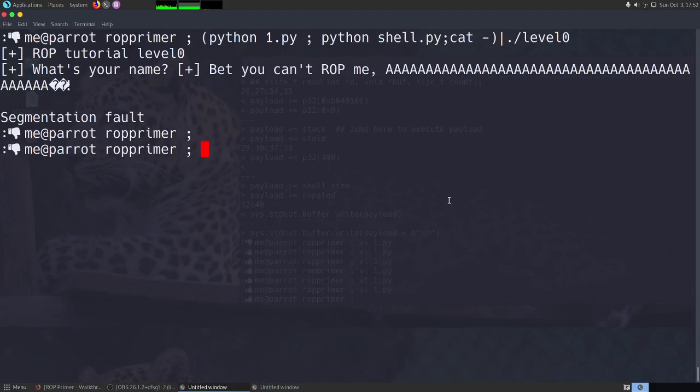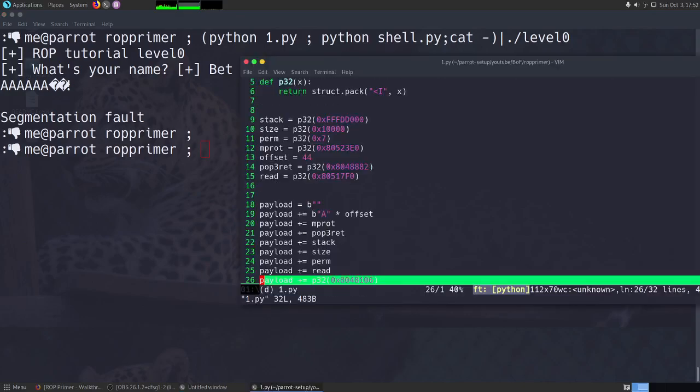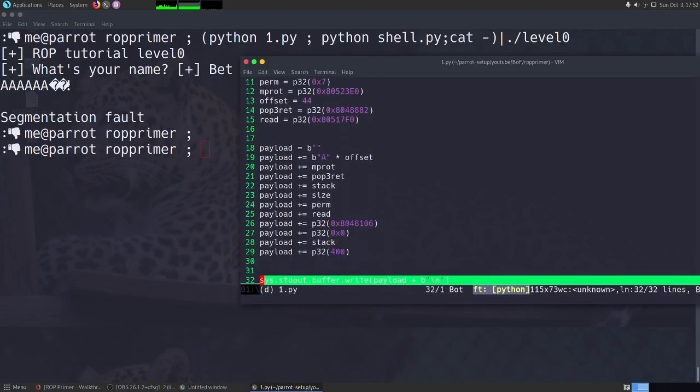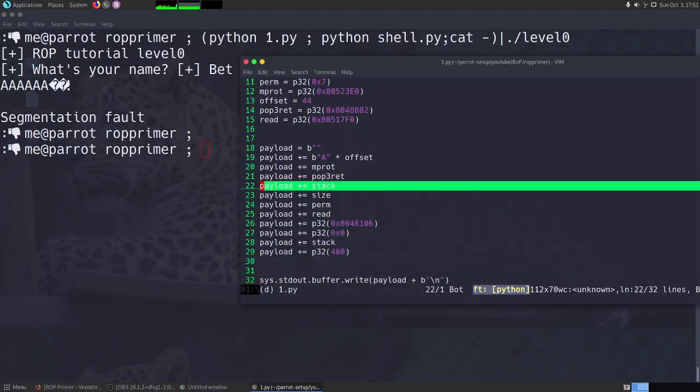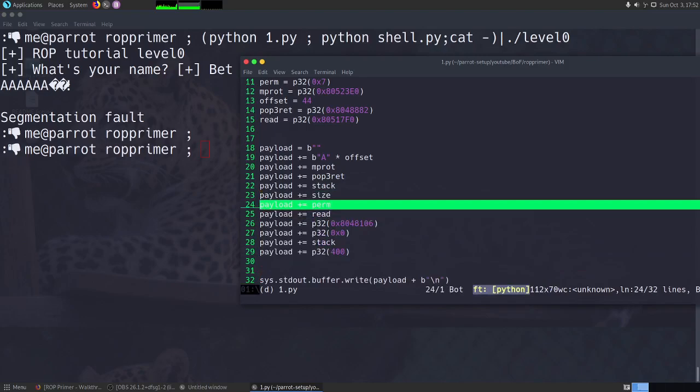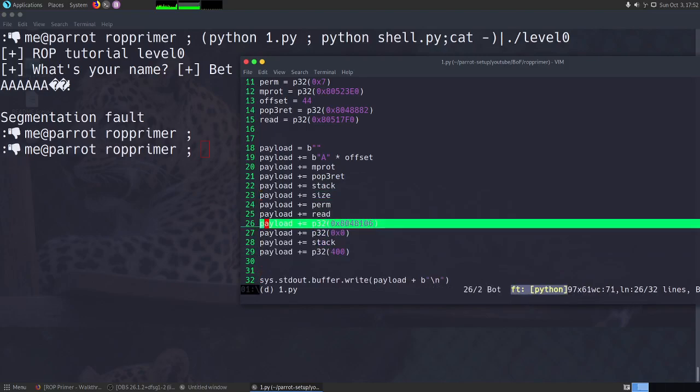As you can see, now we are getting a segmentation fault. But looks like we are pretty close. So let's try something. Instead of doing a return, let's try to jump back to stack and see what happens. So here we will just jump back to stack.